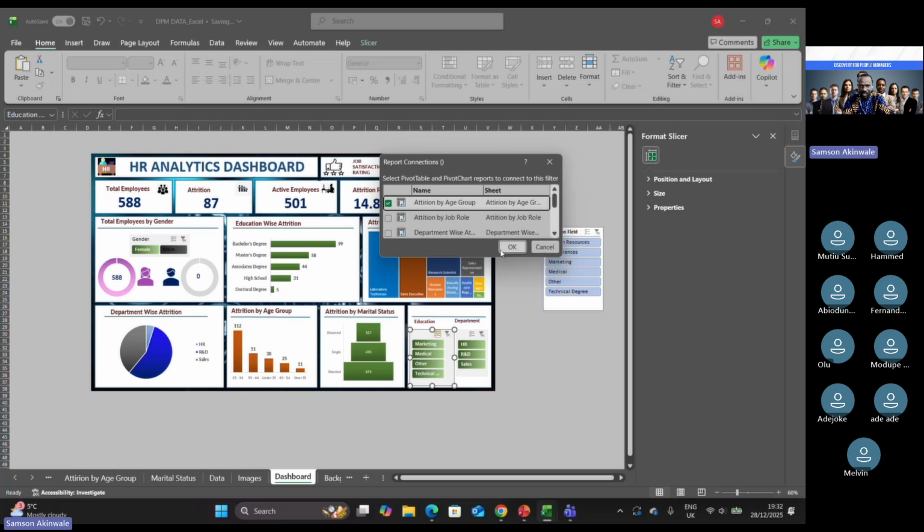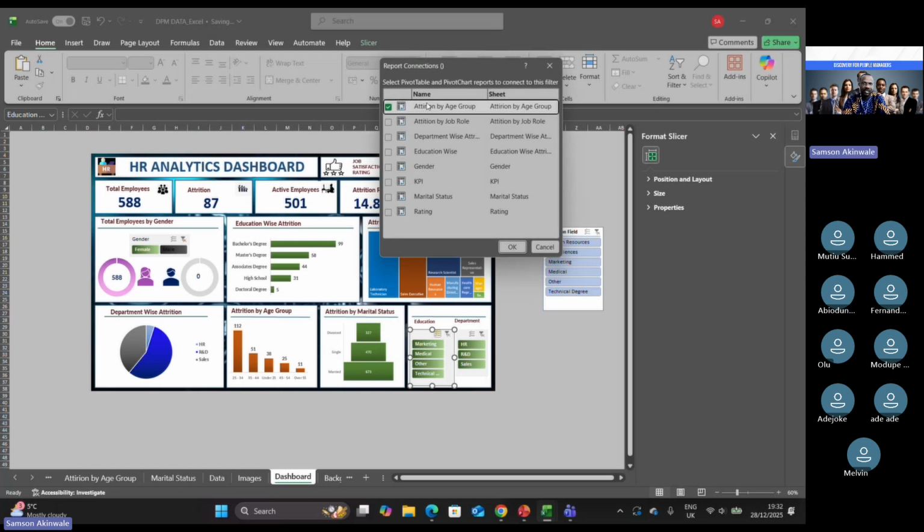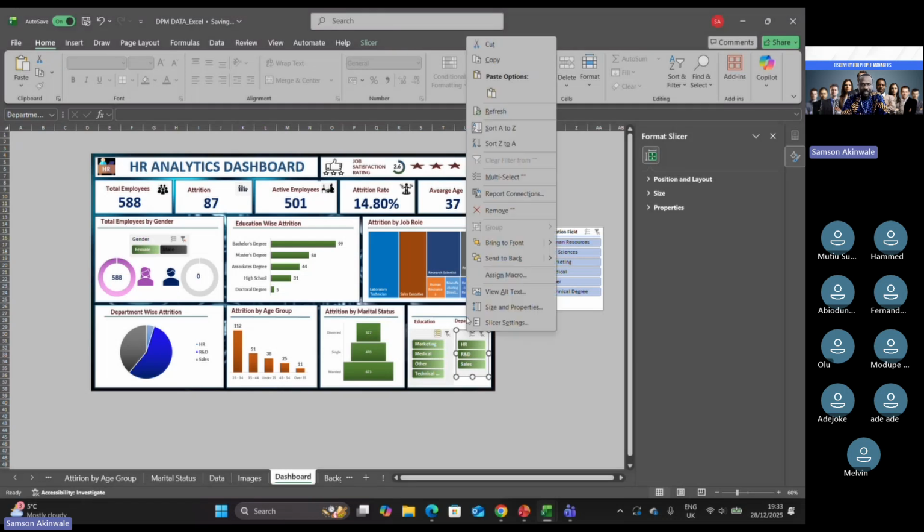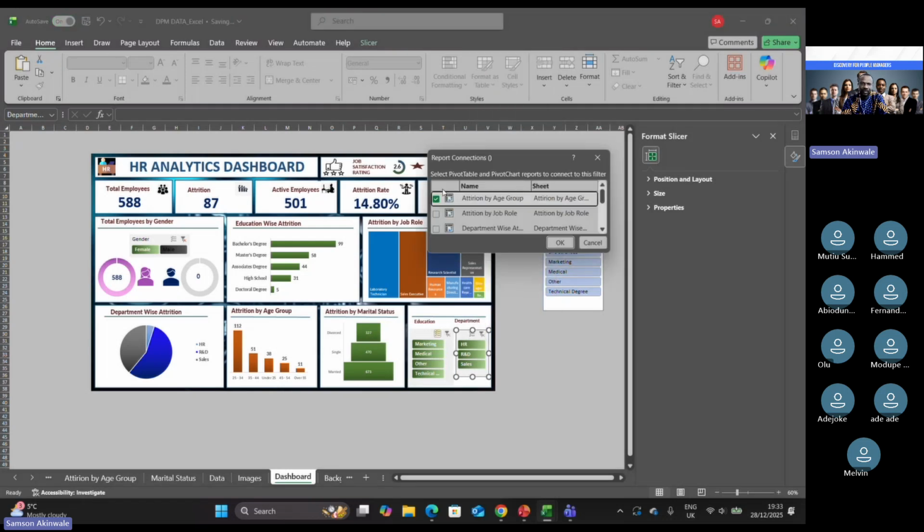It gives you this box. What you need to do is open up the box a bit to see all of the things contained therein. Only one is connected, and that's why it's controlling only one chart. So enable every other chart like this. Click it, click it, click it, so that you can connect all of them. By the time you click this particular control panel, you can see now it's controlling more charts than before. Same way, you go to the next slicer, right click, pick report connection,